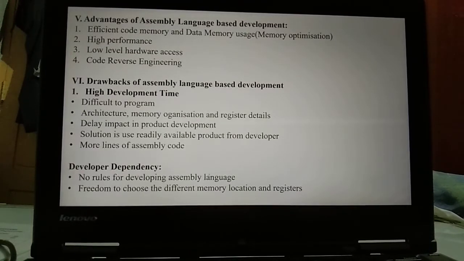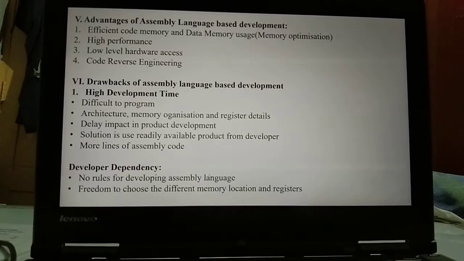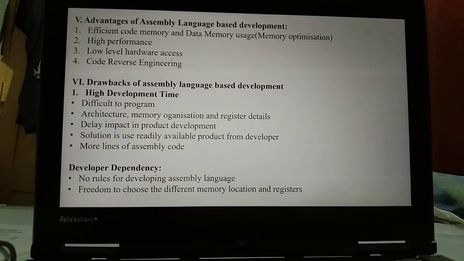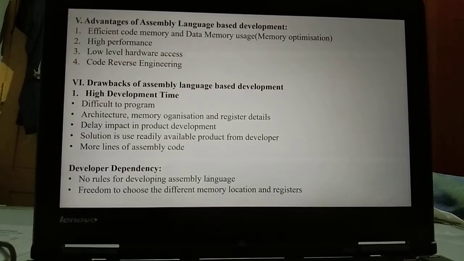Drawbacks of assembly language based development: high development time. It is difficult to develop in assembly language compared to a high level language. It is important to have more knowledge about architecture, memory organization and register details in assembly language based development.